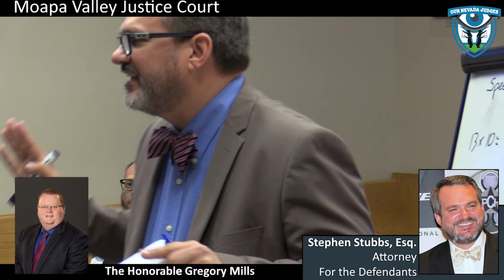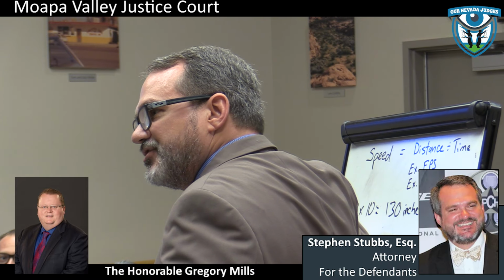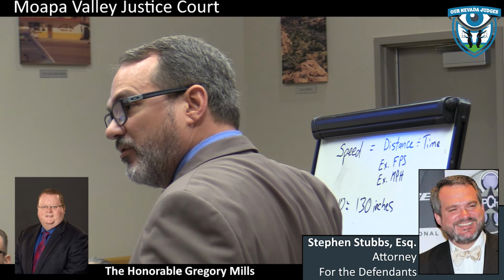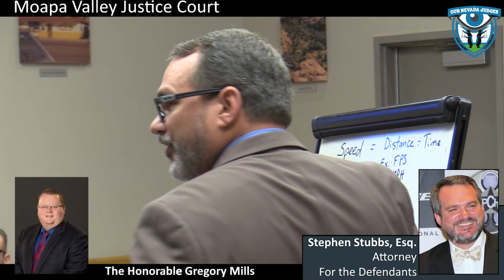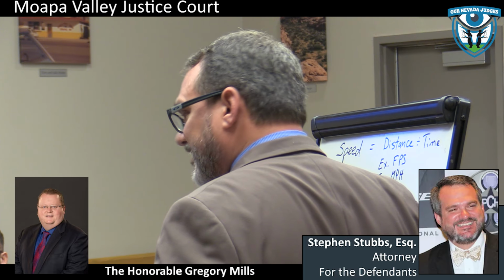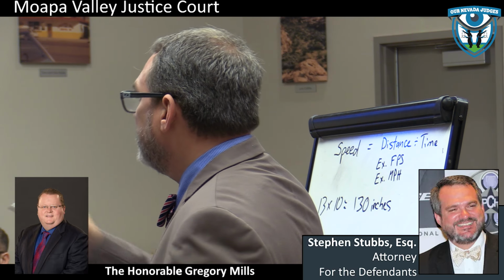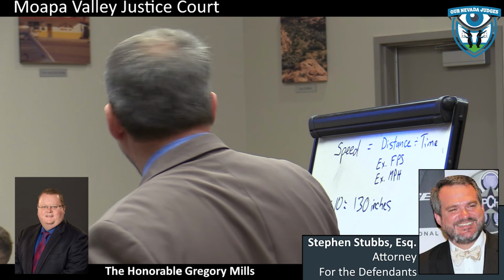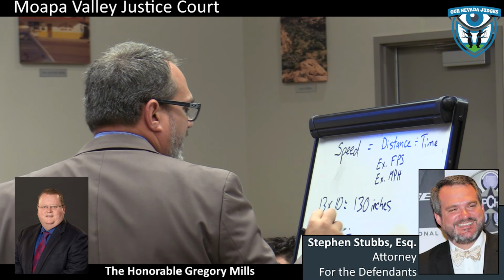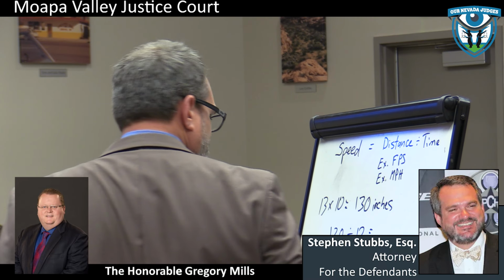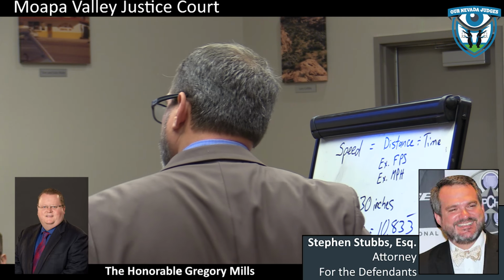Look at statistically, what's the probability? 13 inches times 10, because he went over 10, correct? So we have the 13 inches, that's 130 inches, correct? If we wanted to make that feet, we'd simply divide it by 12, because there's 12 inches in a foot. Could you please punch in the calculator, 130 divided by 12? 10.8333. 10.83, and then the 3 is repeated, correct?